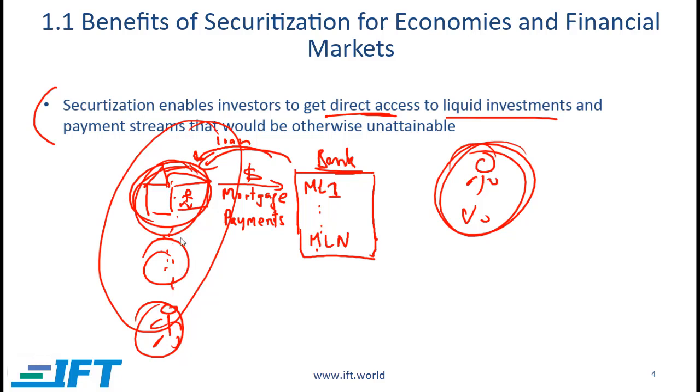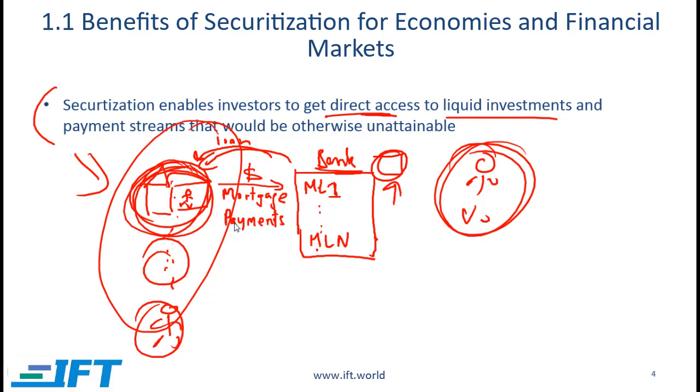Also, this would be very risky because you might make a particular investment, issue a loan, and then that particular homeowner might default. So that's not practical. You could indirectly participate in this process by having some of your money at this bank and by buying shares in the bank. But notice, your exposure to this underlying pool of assets would be indirect because there are many other factors which will impact the market price of the shares of the bank, for example.